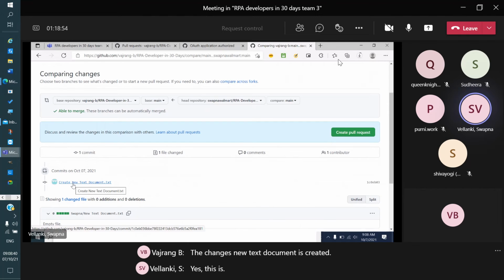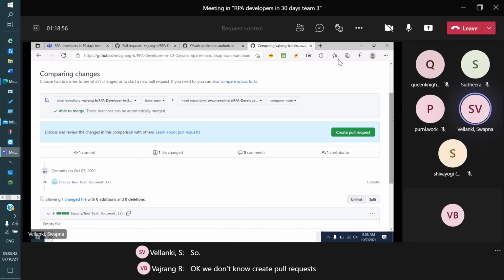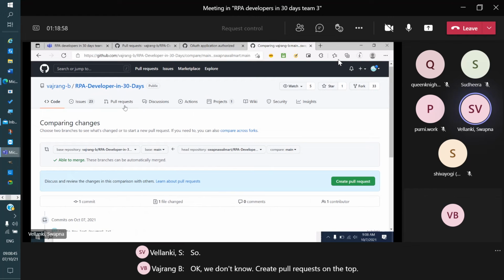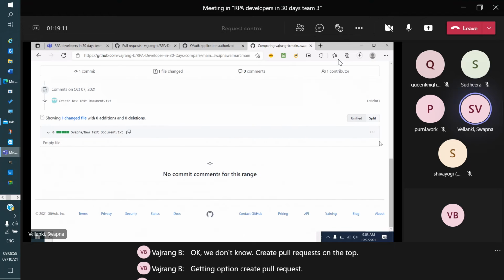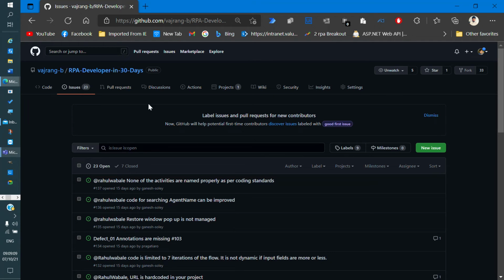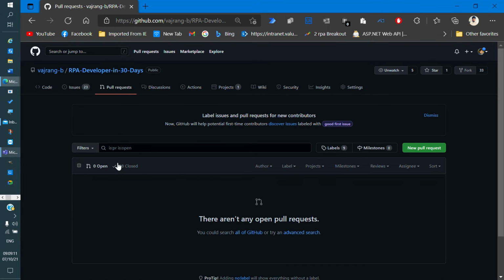Hit on create pull request on the top, the green option. Now you made a request for me to approve. Whatever changes you made, you asked me to approve in my code.